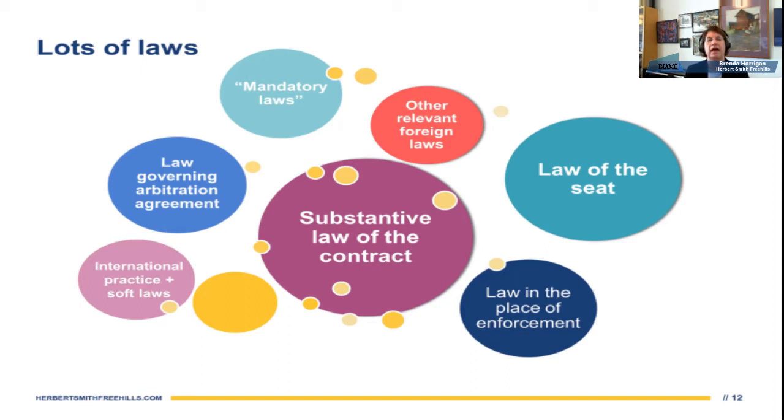And so it came down to a question for the tribunal to determine whether the law governing the arbitration agreement was that of the substantive law of the contract or the law of the seat. Under the substantive law of the contract, there was an argument that the arbitration agreement was invalid. Under the law of the seat, there was an argument that the